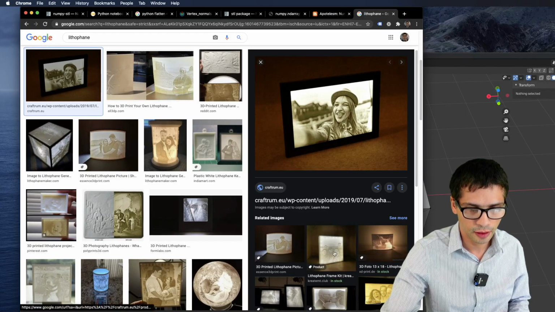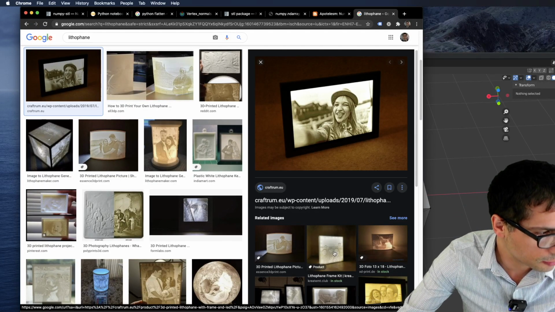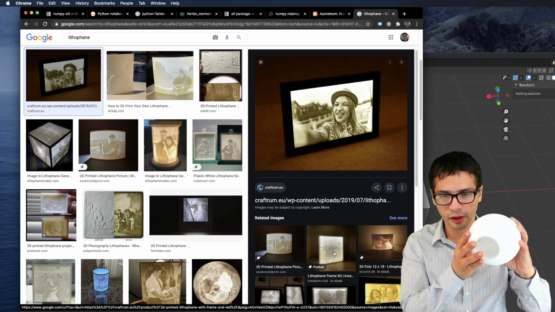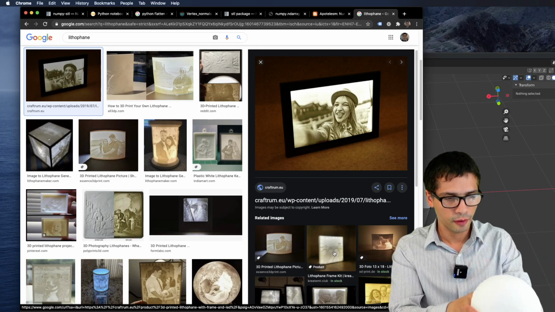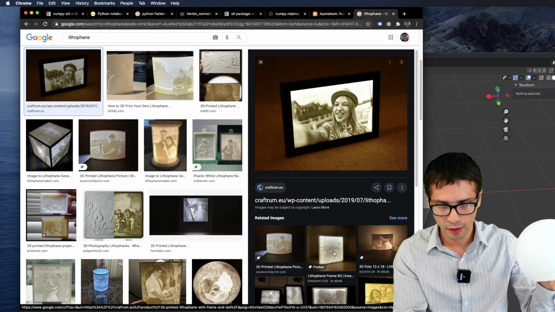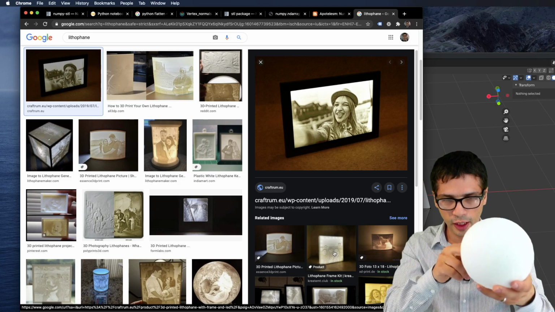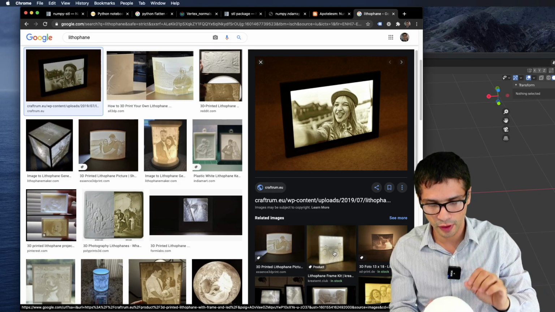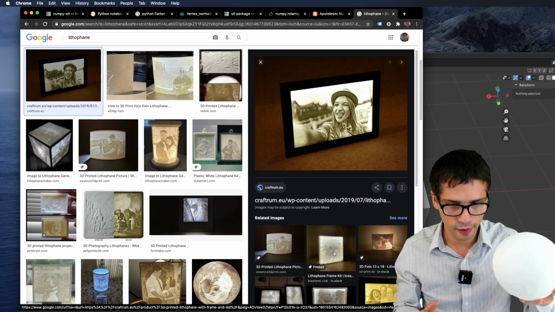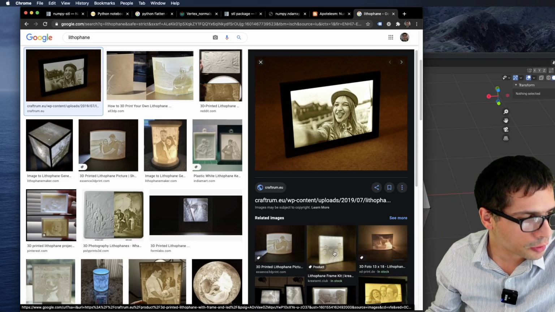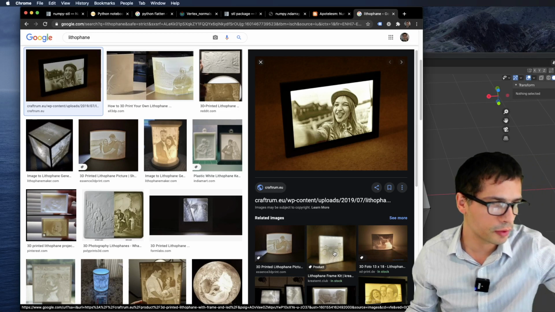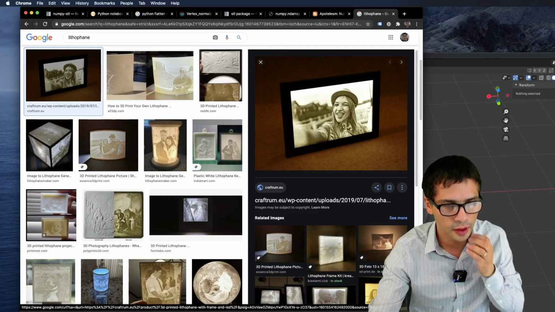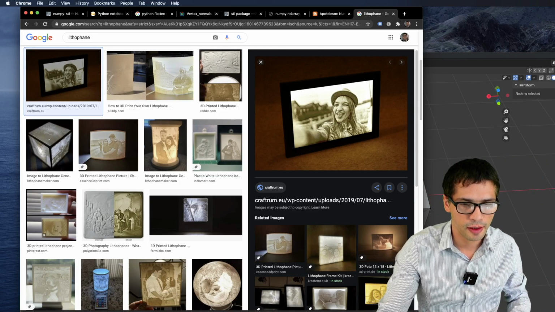It's plastic, but I have one here. It's a version of the moon, which, if you put light shining through it, shows the surface of the moon. So this is a lithophane. I want to do a simple lithophane today. I'm not really trying to do something too complicated, although it's not the easiest thing in the world.